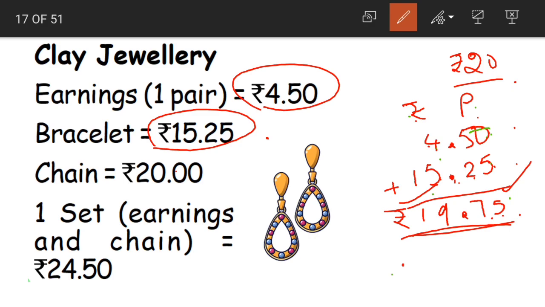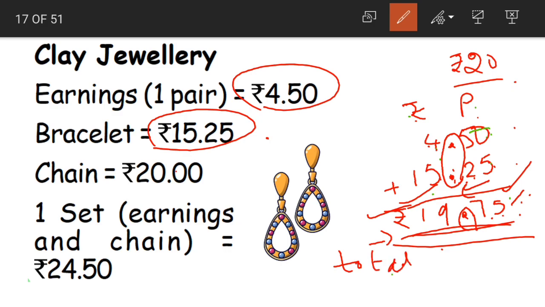Understood? Simply add the numbers, and here in the above numbers the point is after two digits. So even here we'll put the point after 2 digits from the right. Understood, children? The addition is simple. The only difference is that we have to put the point. And what will the answer be read as? 19 rupees and 75 paise. Now this is the total. This is the total cost of the items that she has bought.